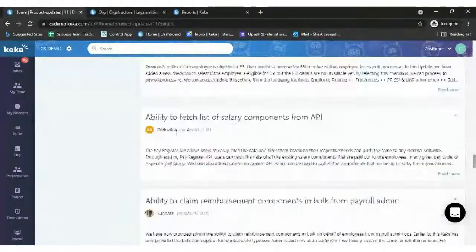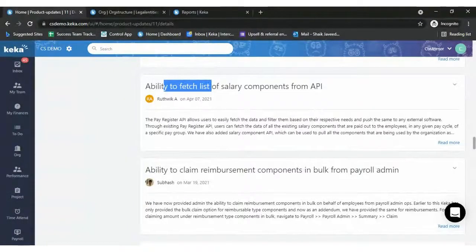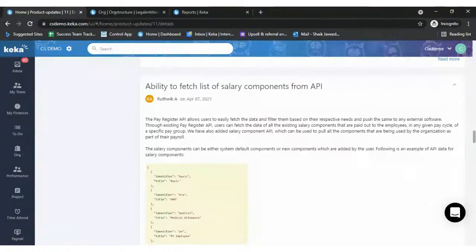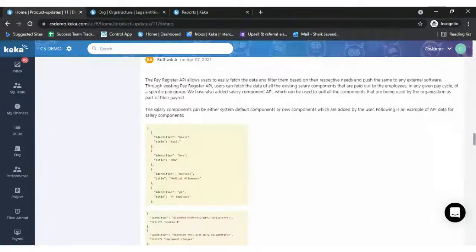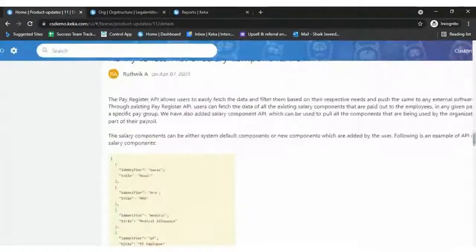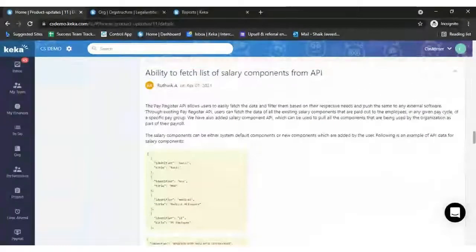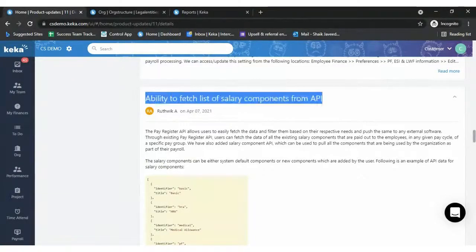One recent option is the ability to fetch a list of salary components from the API. Whichever client is using API integrations for the payroll part, you can pull the data of the salary components in the API as well. Whoever is using API integrations for payroll, you can refer to this update under April 7th.